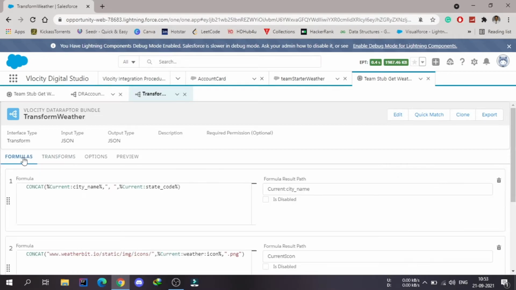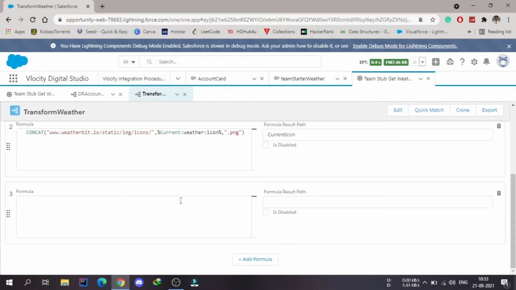I'm going to use the same formula, that is the concat. Once you write anything, it will show you the hint. So I can use this concat, and inside this, what we actually want is the merge operator.